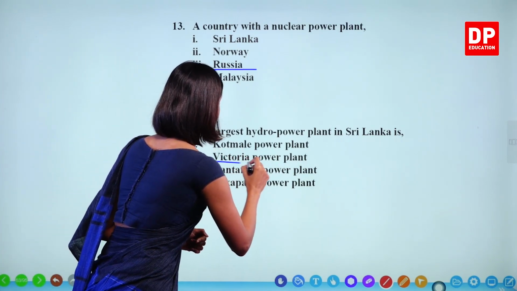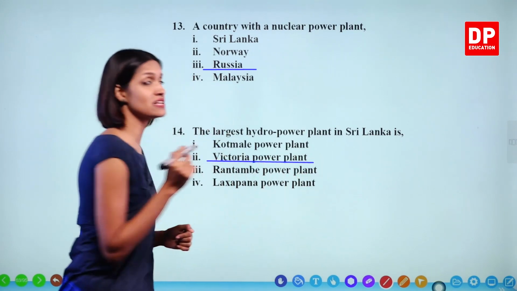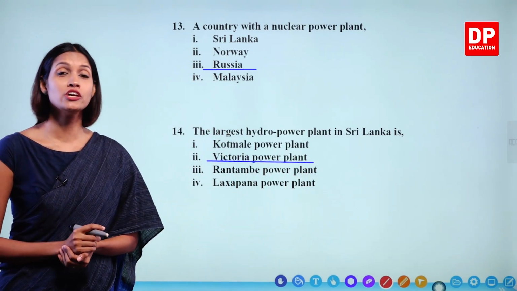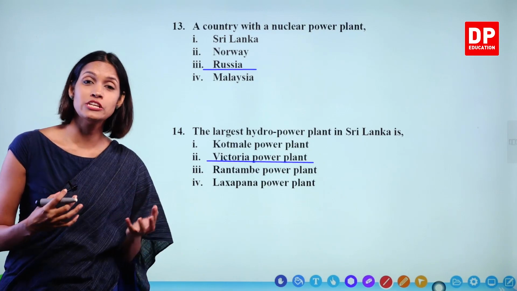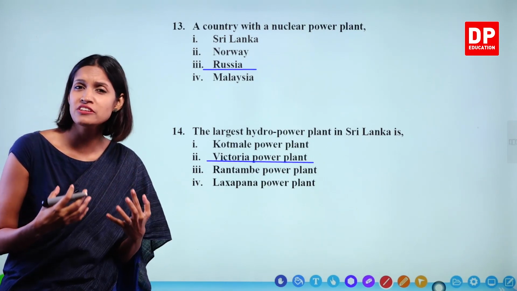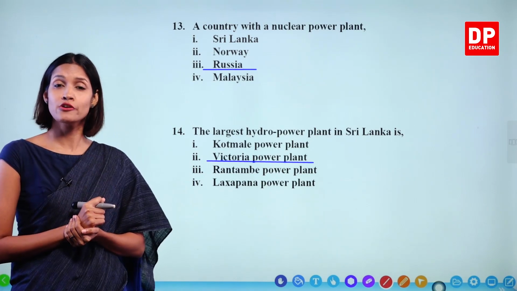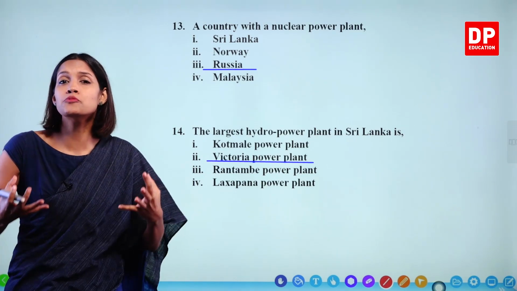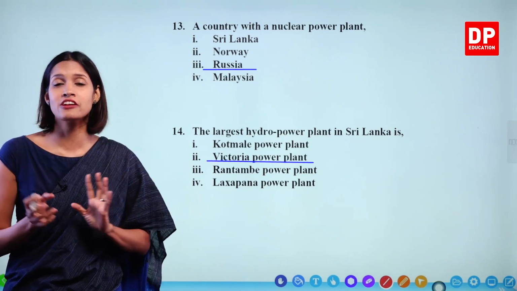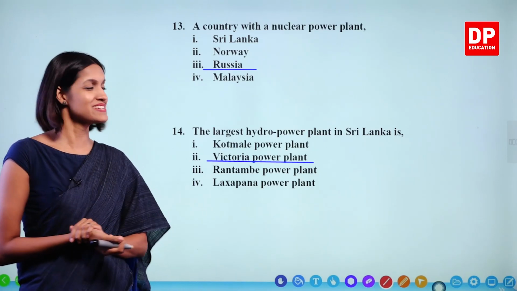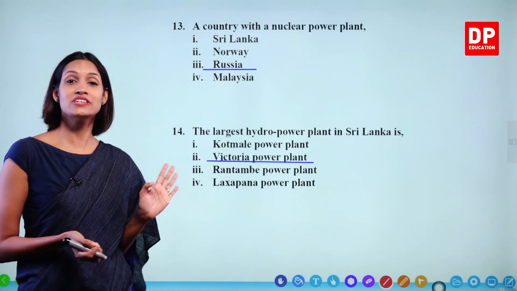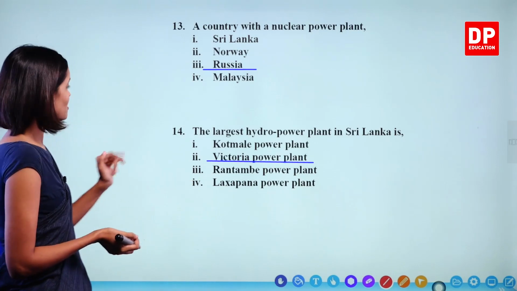Now, these types of questions come under general knowledge, children. As children who learn science, you have to read different articles and educational magazines. You can improve your knowledge by reading different articles. So, this is a type of general knowledge question. We'll move to the next.